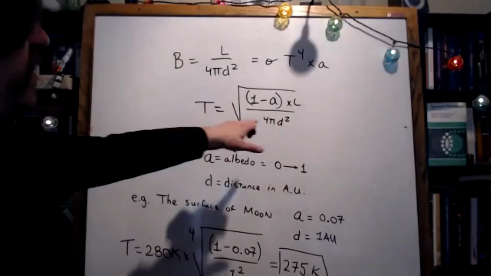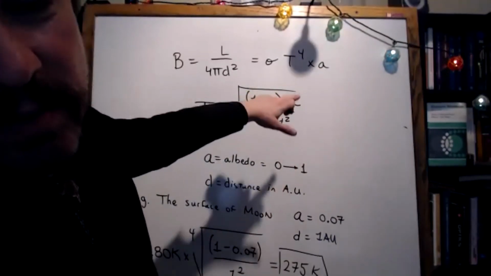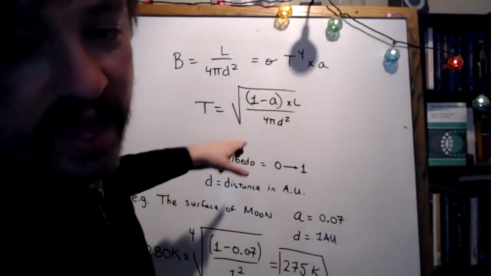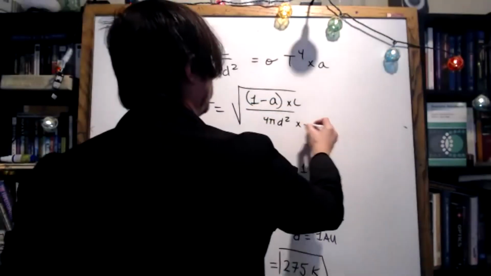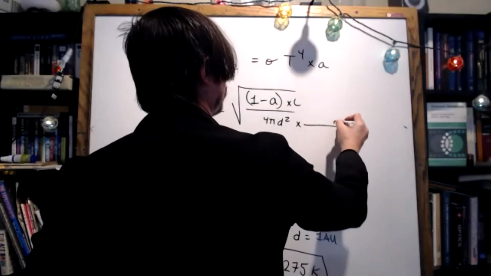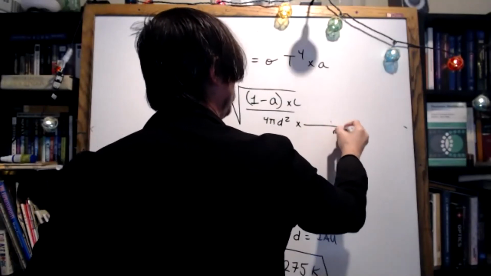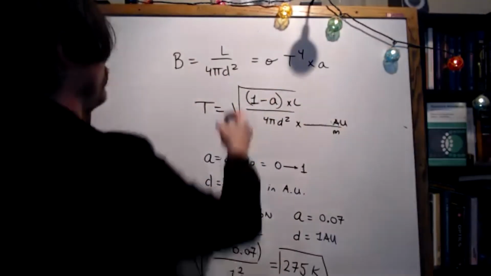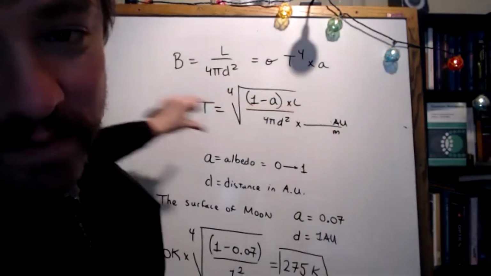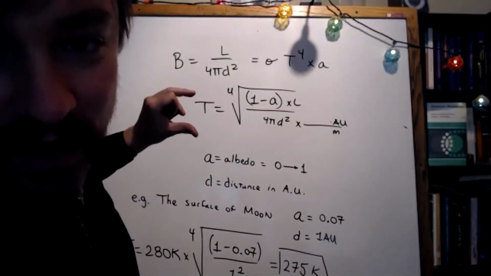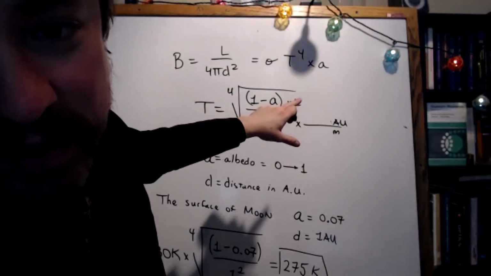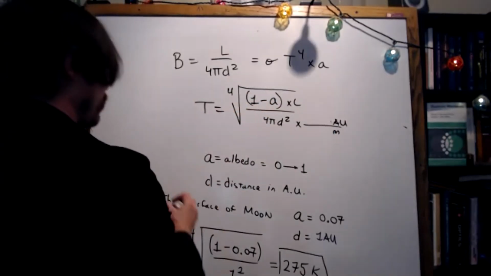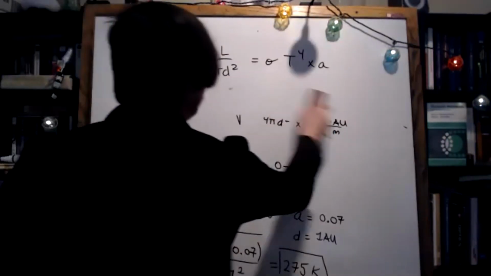But then you realize that you don't want to be plugging in your d in meters all the time, and you don't want to have to plug in the sun every time. So you plug that in, and you also plug in a conversion factor to kill out the meters and leave behind AU. And then you extract, oh, this is the fourth power. You extract all of that out. You calculate a reference temperature, basically what would the temperature be for the sun at 1 AU, perfectly absorptive. And that's all hidden in the 280 Kelvin.